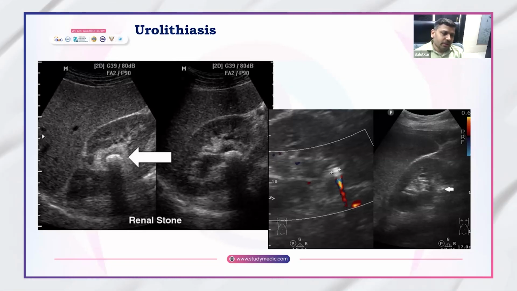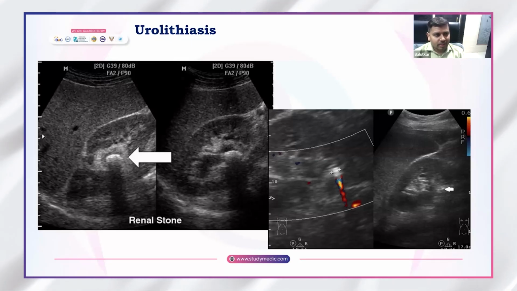This is because all the ultrasound beams which are incident on the renal stone or the calculus are being reflected back. So there is no ultrasound beam passing beyond this. That's why there is shadow. So this is what is called distal acoustic shadow, and a very important sign for diagnosis of renal calculi. Similarly, there is one other important sign, known as twinkling artifact, which is very important for